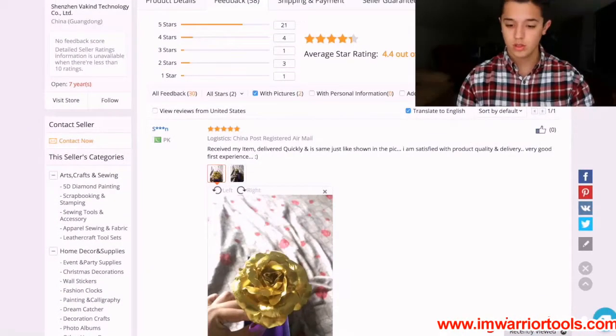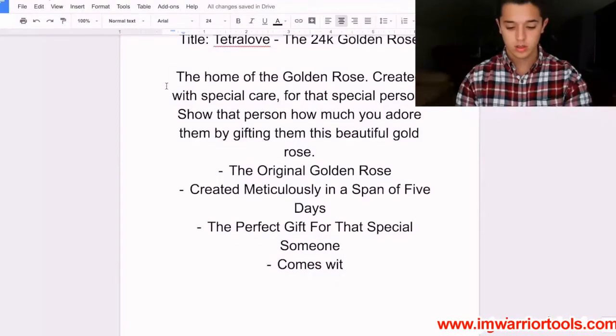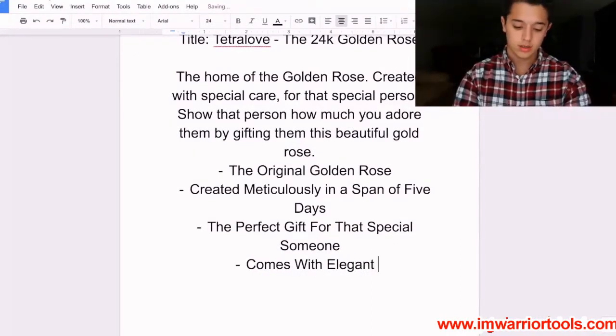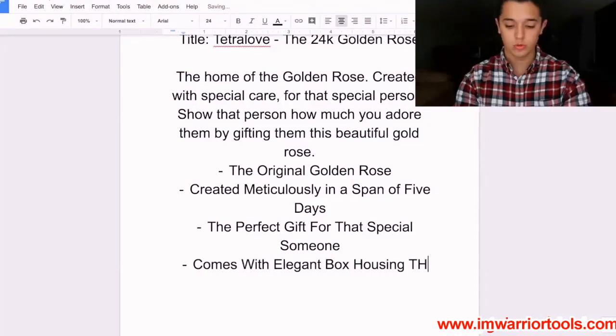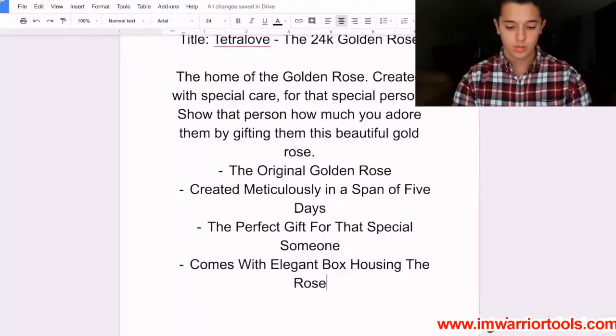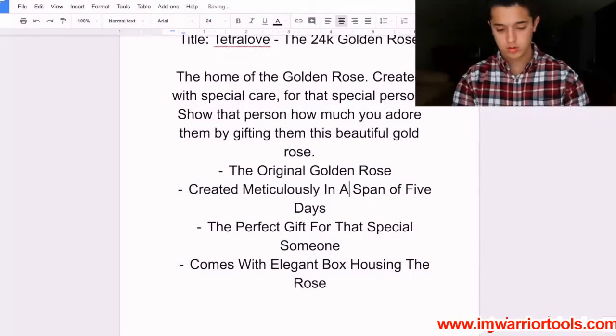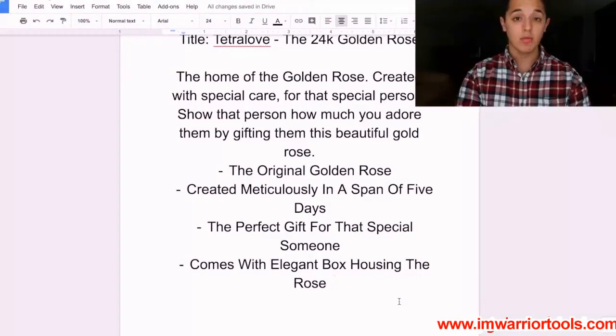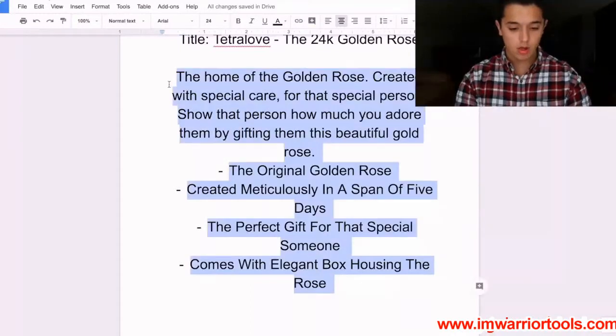Okay. So I'm gonna say it comes with an elegant box housing the rose. And now I'm just gonna go ahead and copy all this that we have so far into my store onto